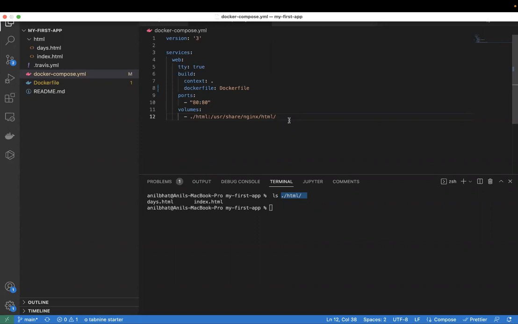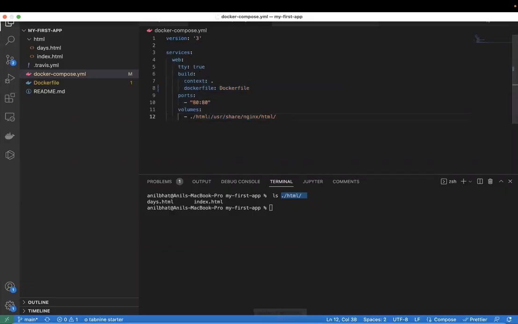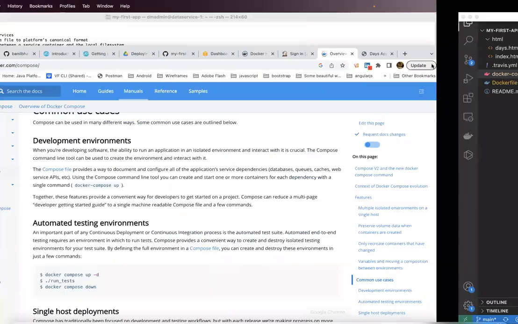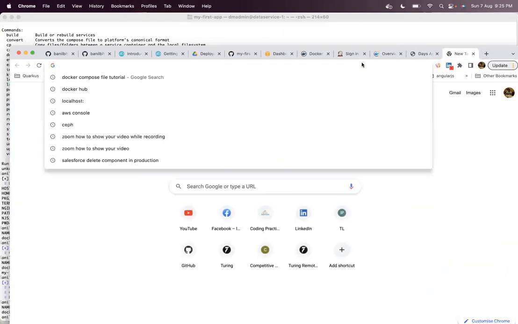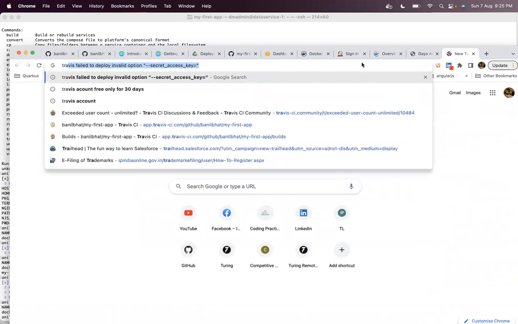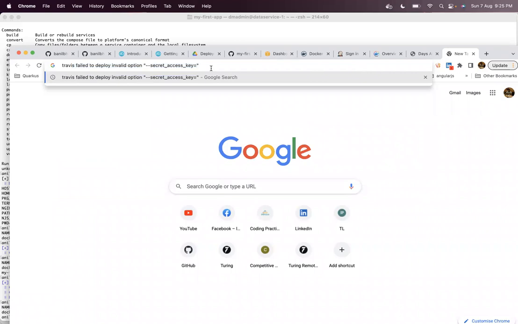So in order to make Travis work with your build, you have to create a Travis account. The steps are pretty simple. Go to the Travis website and open an account. While opening the account, it will ask for your GitHub account. So basically, Travis mostly works with GitHub. You can opt for other repositories also.